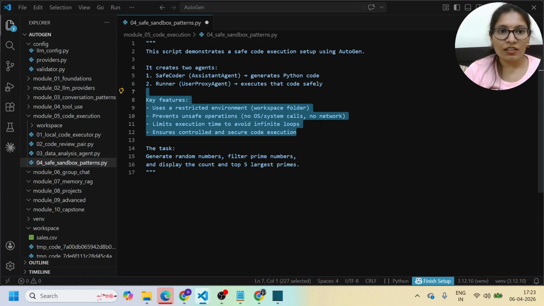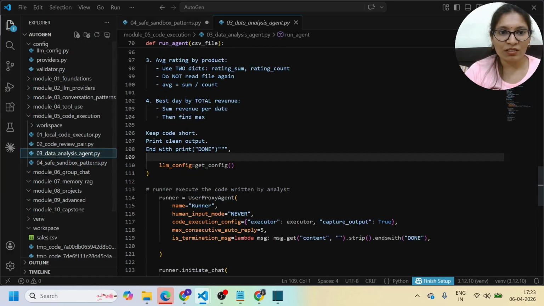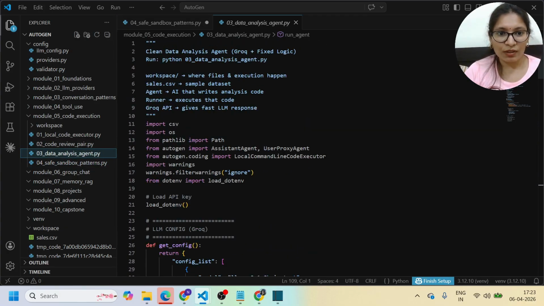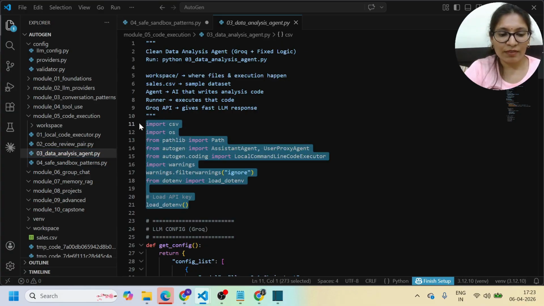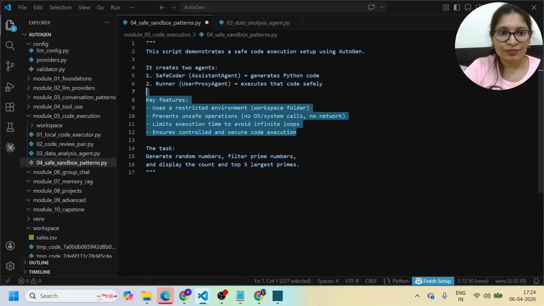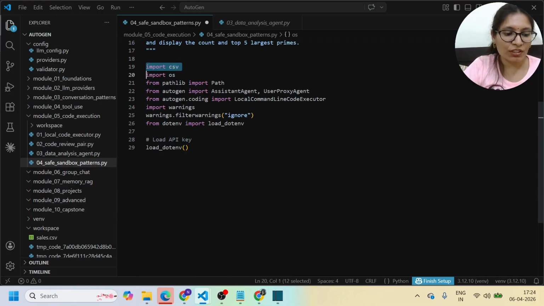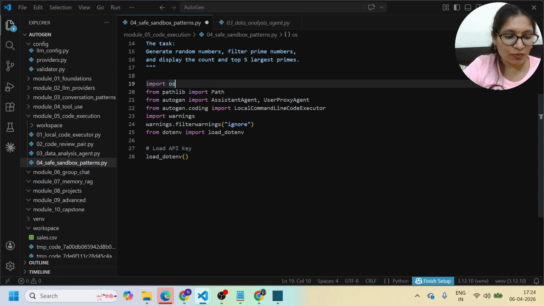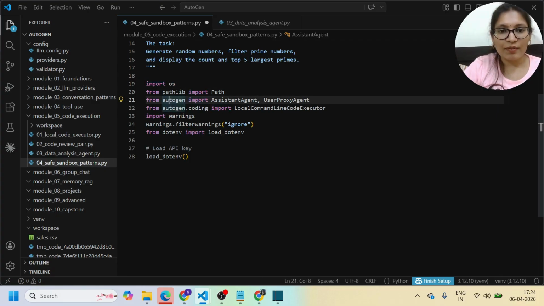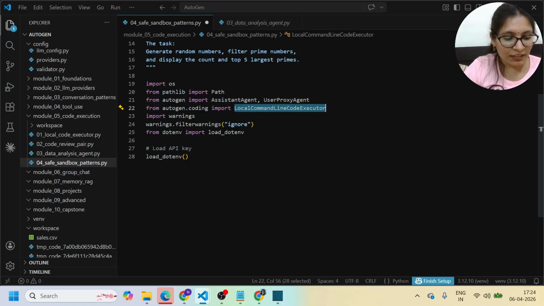Okay guys, so from file number 3 I'm going to take some code. I'm not going to rewrite it. First I need to import these libraries. I'm not going to use a CSV file. I'm just going to use os, which is used to access environment variables, and Path, which helps manage file paths. Here I'm going to use AssistantAgent and UserProxyAgent, and from autogen.coding I'm going to import LocalCommandLine